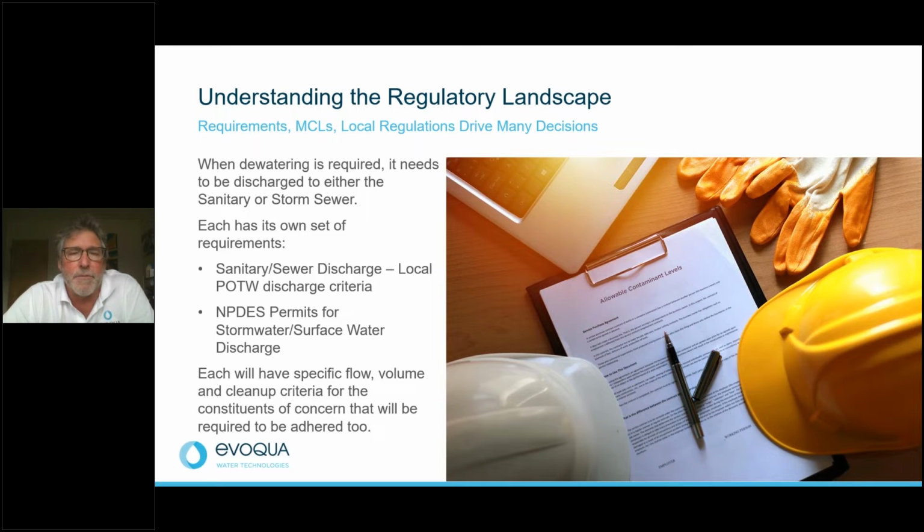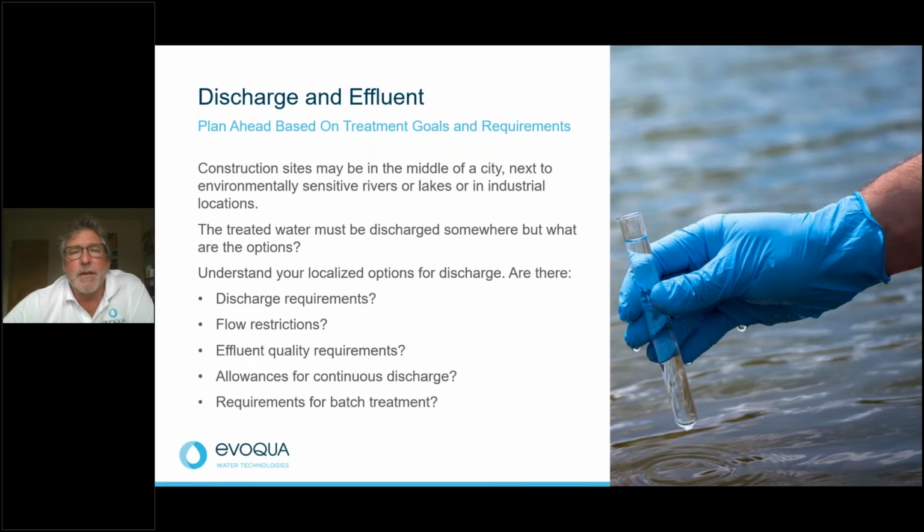And each one of the permits kind of has different requirements. Sanitary is probably, if you're in town, the most likely and best place to go. Access to the sewer is probably pretty good because you can find a spot to dump the water. And because it's a treatment system in itself, the treatment requirements for the contaminants that you may be dealing with